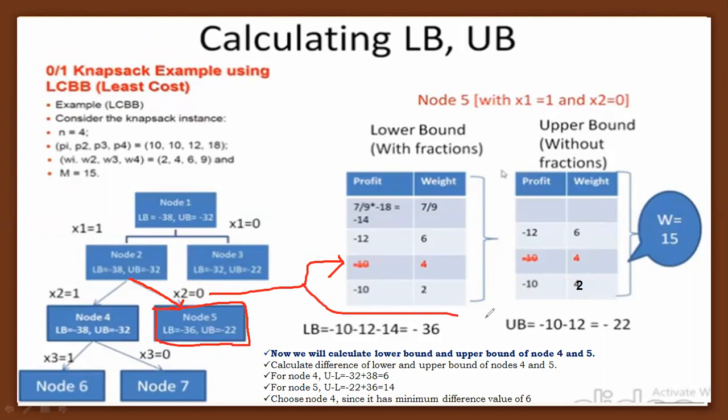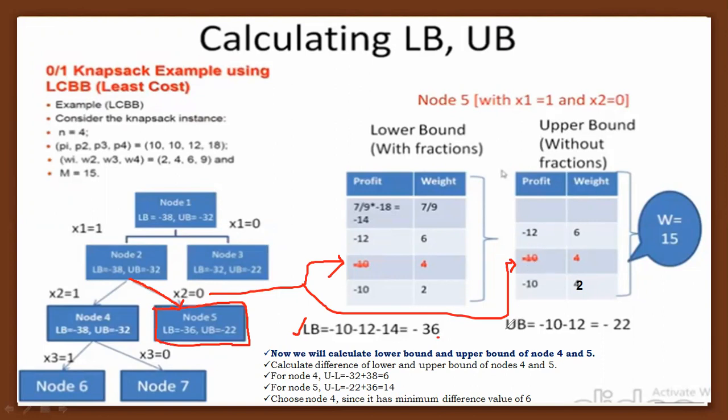Item number 2 is not to be selected, which means x2 equal to 0. You can select item 1, item 3 and item 4. When I select item 1, item 3 and item 4, the lower bound is the sum of PiXi, and the value is 36. But items 1, 3 and 4 cannot all be placed, because it exceeds the maximum capacity. Hence I can consider item 1 and item 3 only.